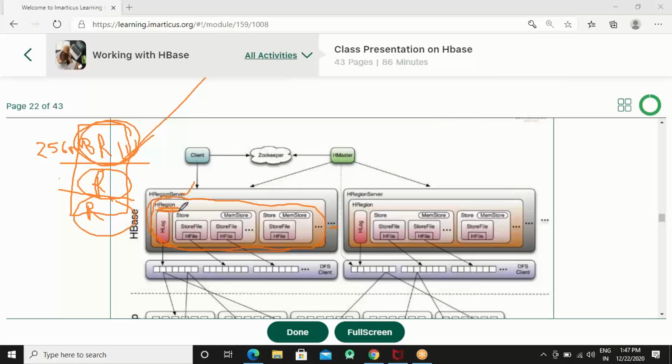Region. Region के अंदर होती हैं H files. I told you, right? The actual data is stored in the form of H files. So even if this region is of 256 MB, ये 256 MB is further divided into small files which are H files. Okay, मान लो 50 MB की आपके पास 5 फाइल्स बन गई. तो ultimately the smallest unit of storage which we were talking yesterday is H file. Okay, so H file is the smallest unit of storage where your actual data is stored. Okay,